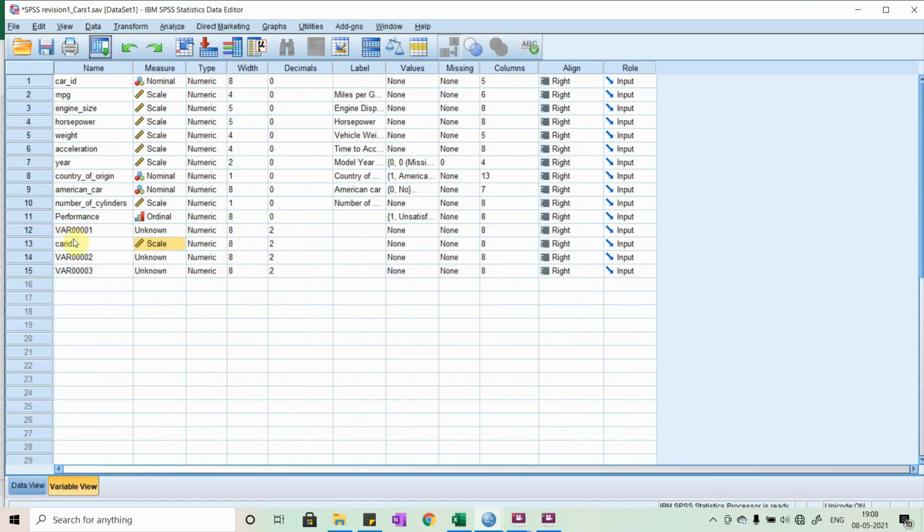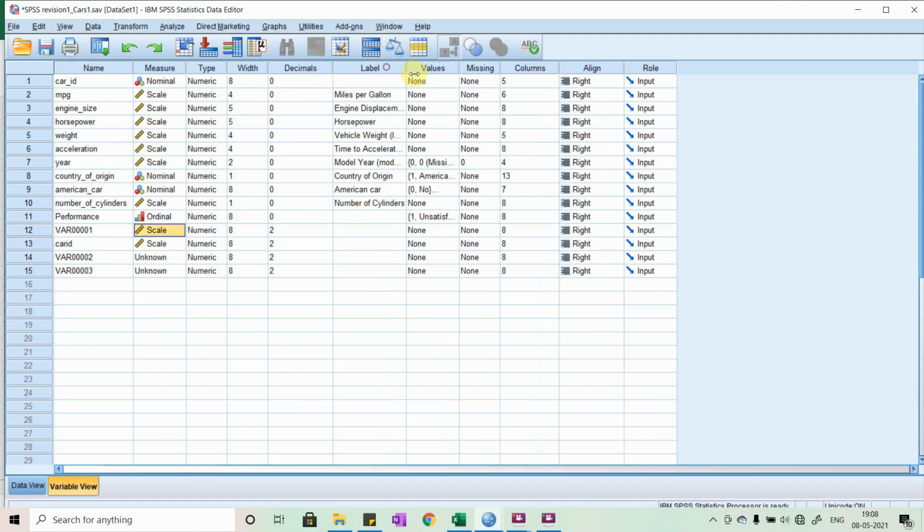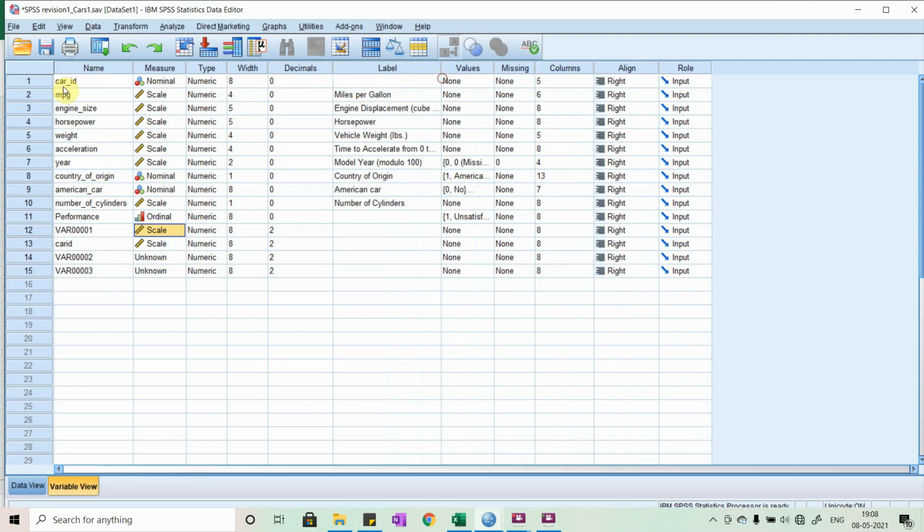Now once you have entered the values, you then have to choose what is the scale that you have for this particular variable that you have entered. And then if you have to give a short name for that, you can give it in the labels like this. For example, it is just written MPG. Now what does that stand for? You can give the explanation over here in the labels.